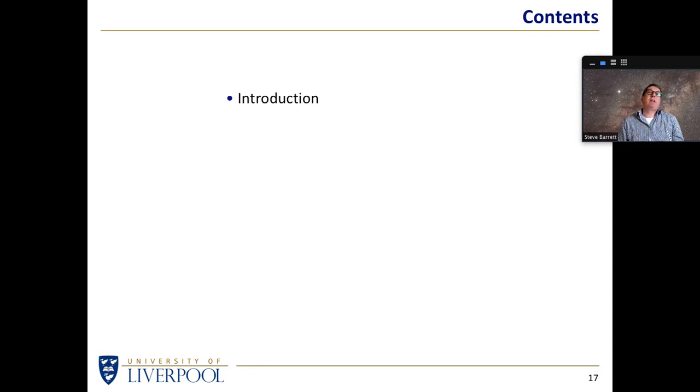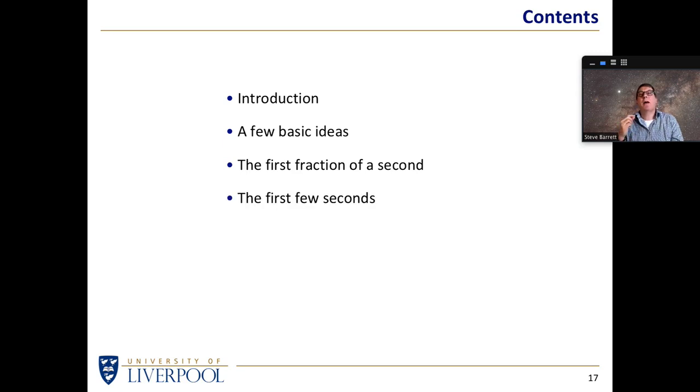So that was a very long introduction to give you an idea of what I'm thinking about and how I'm trying to structure this talk in terms of, can we understand how the universe came to be and how it evolved for the next few billion years. I'm just going to spend one slide coming up next to introduce a few basic ideas which are necessary for what we talk about later. Then I'll say what happened in the first fraction of a second, what happened in the first few seconds, what happened in the first few minutes of creation.